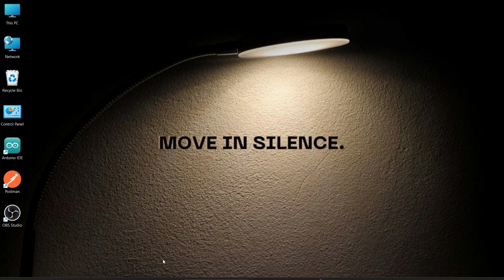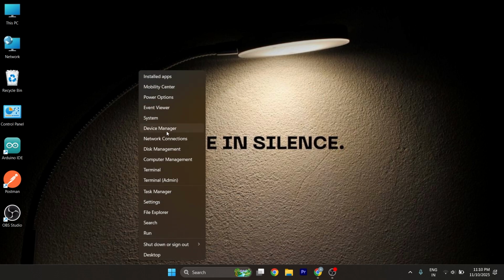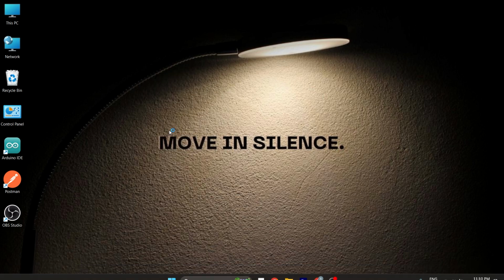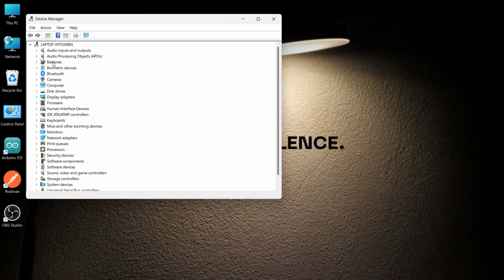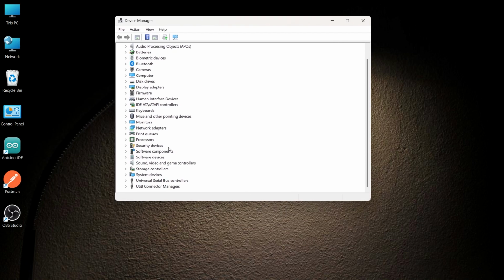Now, in order to fix that, simply right click over the start menu, and here you'll see this option of device manager. Once you go over there, you'll find multiple devices, multiple drivers that are installed on your laptop. Here you need to select the audio drivers, that is nothing but sound, video and game controllers,